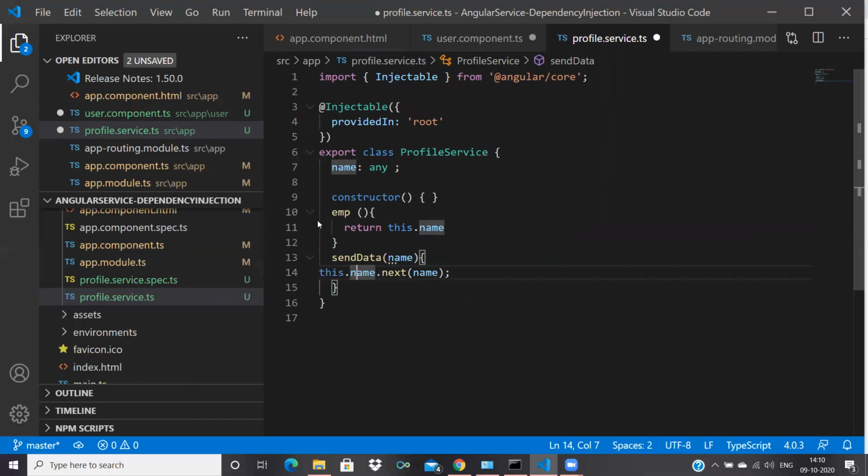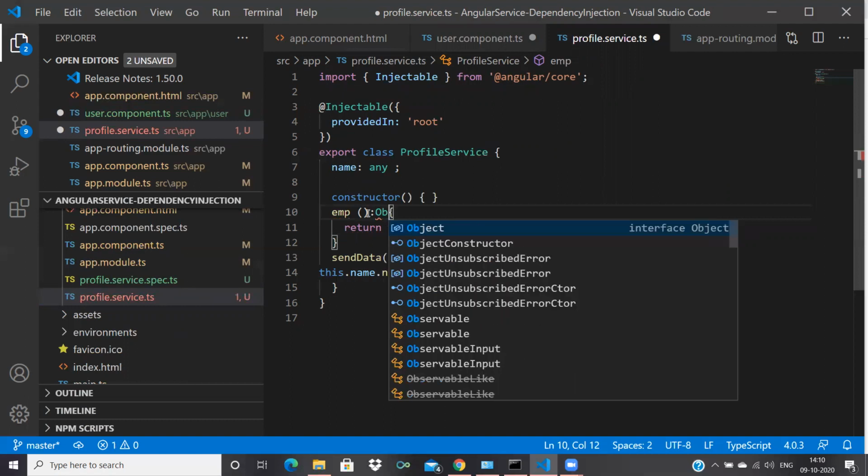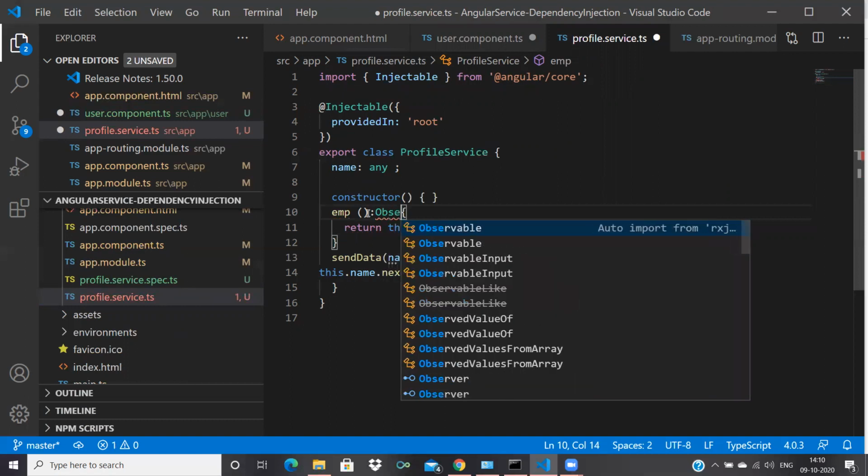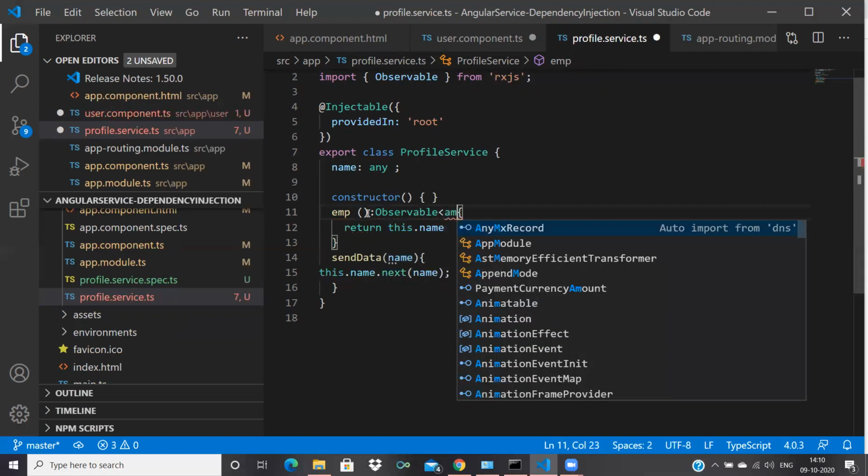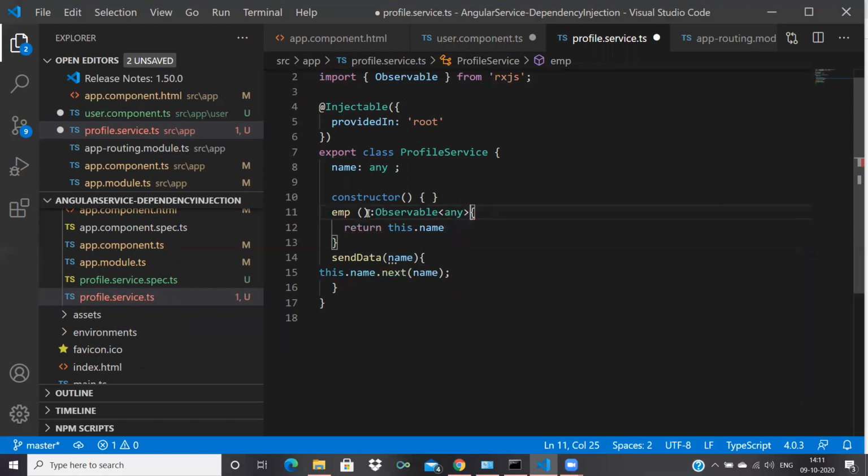In the service I got this, and now we want to send it to app.component.html. So I want to use an observable for that. I am using Observable.